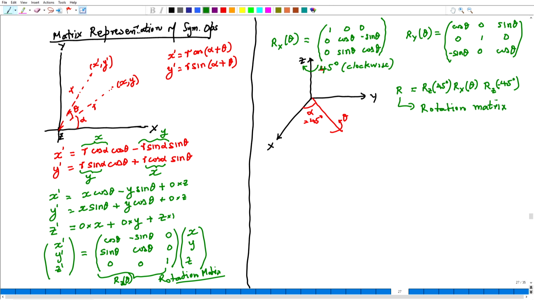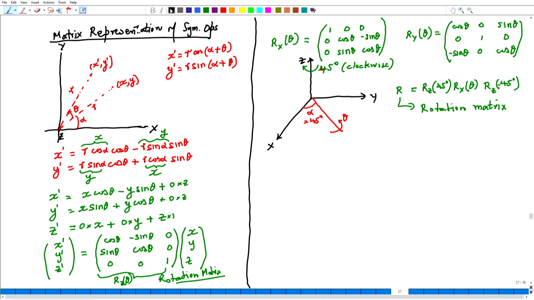Similarly, one can do rotations around other arbitrary directions, but every time we will have to bring that axis to coincide with the x axis or the y axis or the z axis, and then do the required rotation and then do the opposite operations to bring that axis back to its original position. But I will not try to multiply these numbers right now, we do not need it right now.